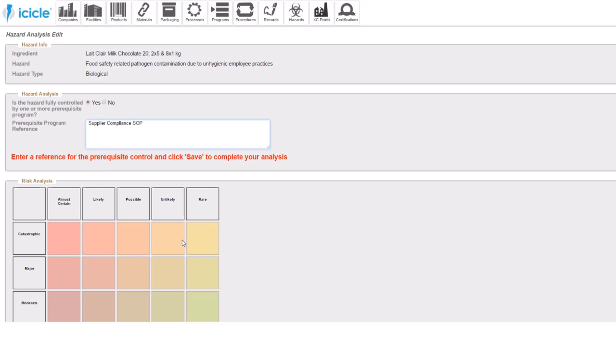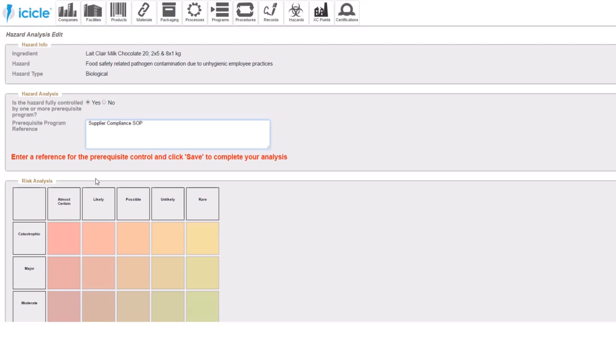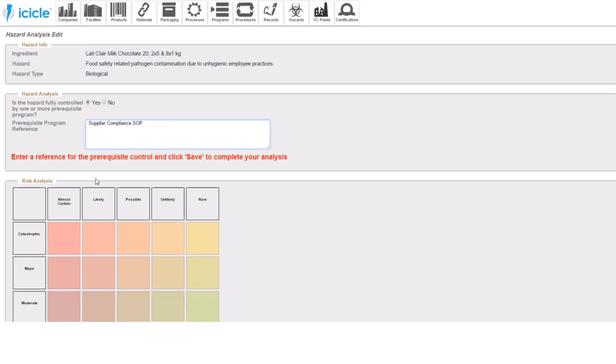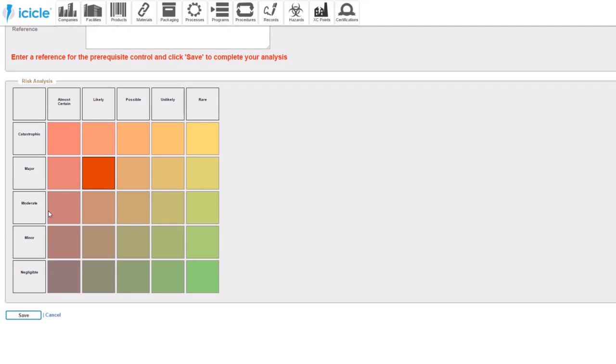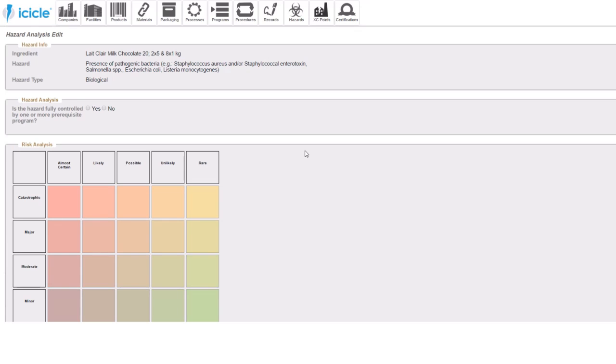If you're in a jurisdiction that requires a hazard analysis, then you can indicate what the likelihood and severity would be if this hazard were to actually happen. So if you contaminated food based on unhygienic employee practices, it could be major, and it's fairly likely that that could happen. So we'll click that square and we'll click save, and now the hazard is controlled. If we go back now a couple of steps, you can see that this one's now complete. We can go to our other hazard, and this one is completed by,